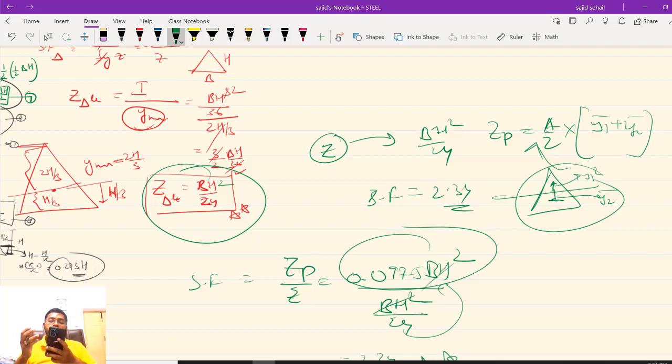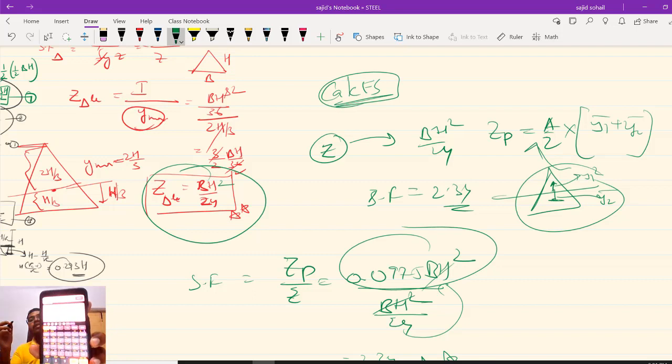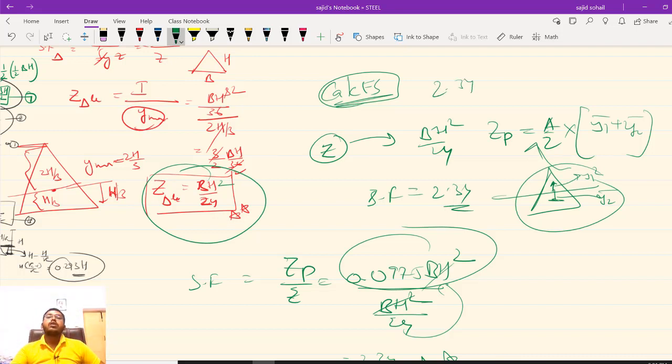This app is called CalcES. This is a very good app. The original calculator type will be shown and it is a very useful app. I really loved this, and I got exactly 2.34 in my calculator. So if you have the GATE calculator app in your cell phone, better use that also, because you should get used to GATE Calc so that it will be very handy for you in the examination.